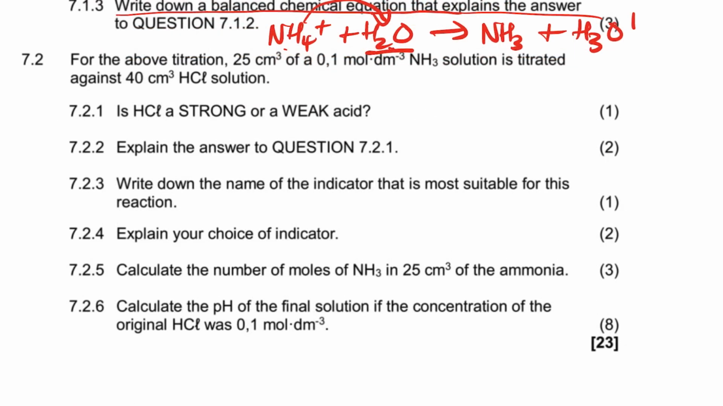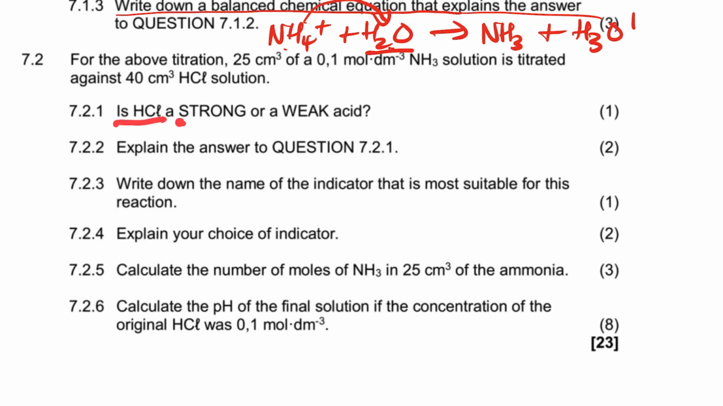7.2, it says, for the above titration, 25 cubic centimeter of 0.1 mole per dm3 of ammonia is titrated against 40 cubic centimeter of HCl, right? So there's a titration between the two. Now they said